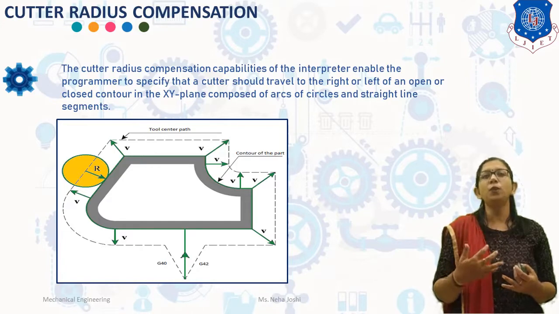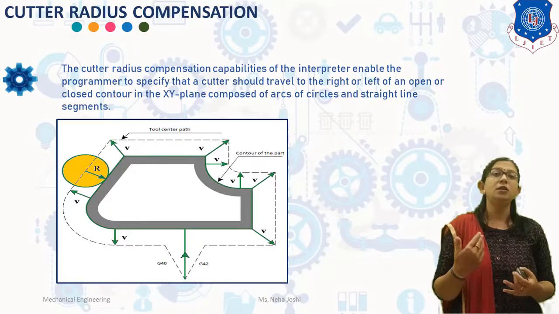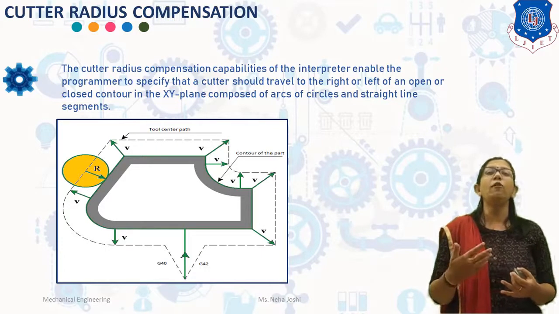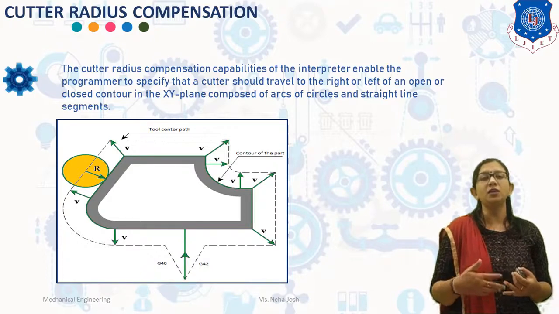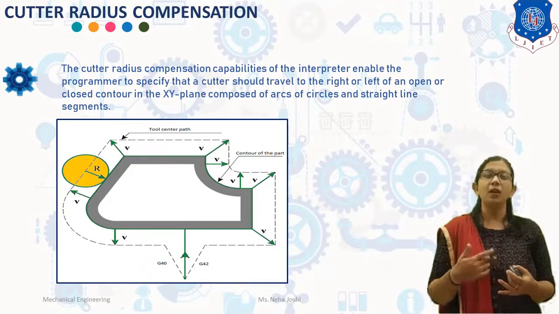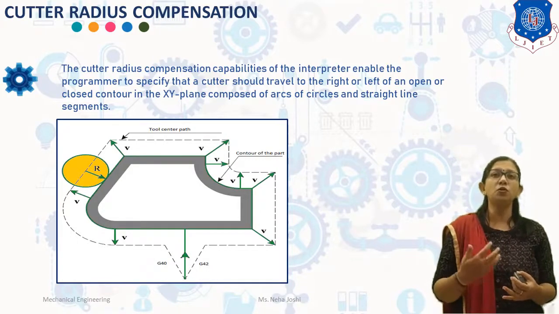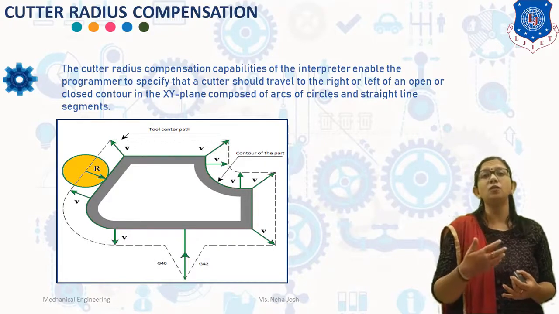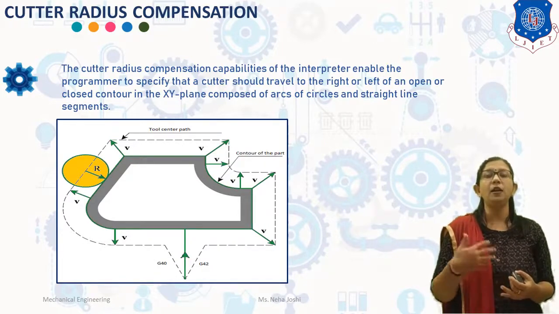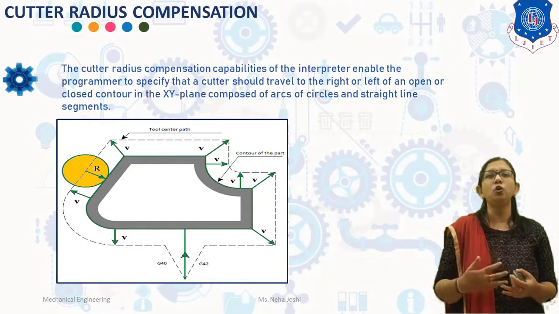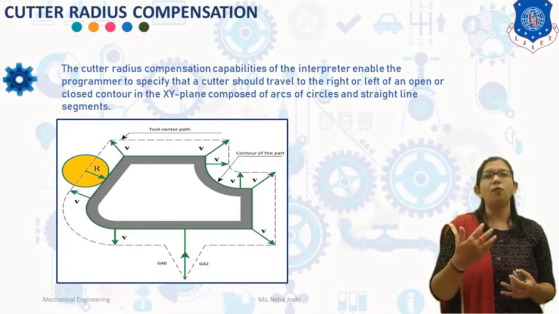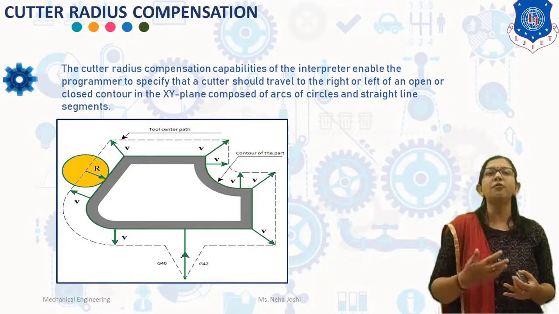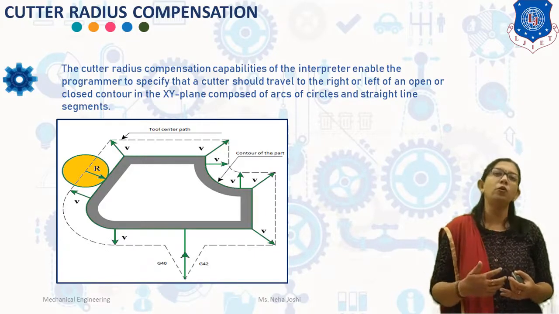This code, once programmed in any program, remains active till cancelled by another. G40 code is used for turning off compensation. This function cancels any cutter radius compensation applied previously. G41 code is used when the cutter is on the left of the program toolpath while looking in the direction of the tool movement. Hence, the radius compensation is to the left of the program contour. So for the left side compensation, G41 code is used.